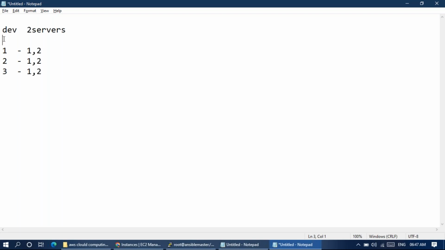So these are the tasks. The first task will complete in 1 and 2. I mean, how many servers you have in the group, 10 or 20 or 30? It will run on all servers first. If anywhere it has failed, it won't proceed further, guys. Example, somewhere the first task has failed in one of the servers. So after the first task is completed in all the servers, it won't proceed to the second task, because the task has failed, right? By default, if Ansible